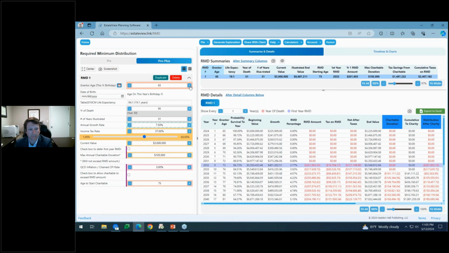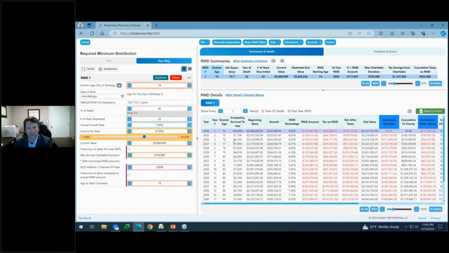the RMD. Back to our 75-year-old for the example, we have a $3 million beginning value. We show the probability that they're going to die or survive to a specific year. So at age 90, based upon the general population, they've got a 34% chance of living past age 90. So it's just a good way to show clients, here's kind of the average life expectancy and your average probability